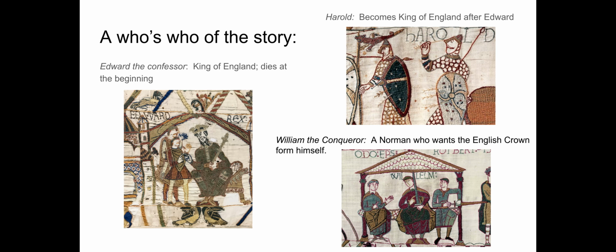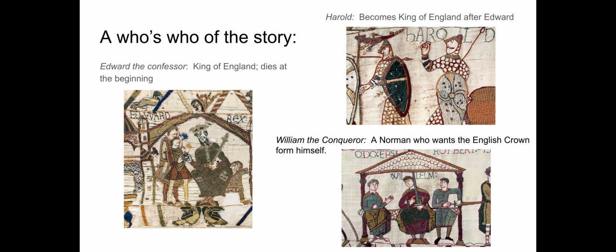So on the Anglo-Saxon side, you are going to start off with Edward the Confessor. He is the King of England in the beginning of the story. And at the beginning, he dies. So he's not in the story that long. So he dies, and the issue comes up with who's going to become King of England. So you have two people then who believe they have a right to the throne. One is Harold, and he's at the top there. He actually becomes the king after Edward the Confessor dies. So Harold is the King of England, and he's from England, so he's an Anglo-Saxon.